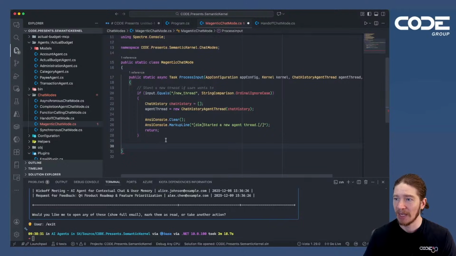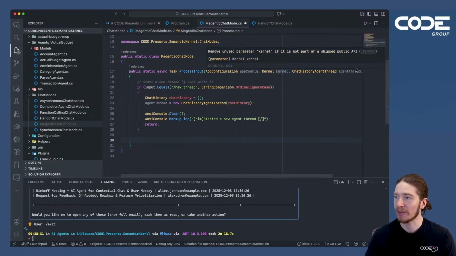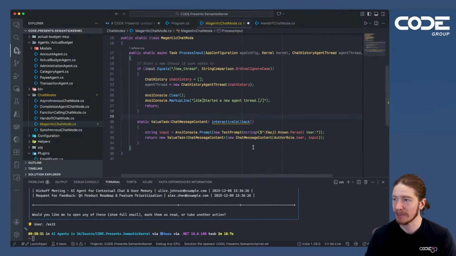Okay, and again, this is very similar to what we had previously in the beginning, but then changes a little bit. So again, we have our app config here, the kernel, the agent thread, and our input. We also, for this, want to have an interactive callback function. Again, same thing as before. We then need a Magentic